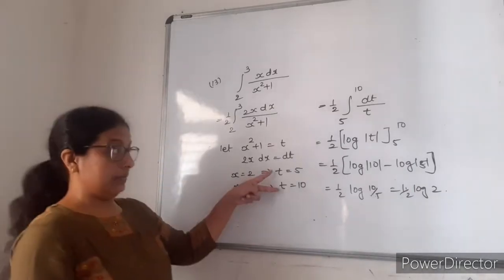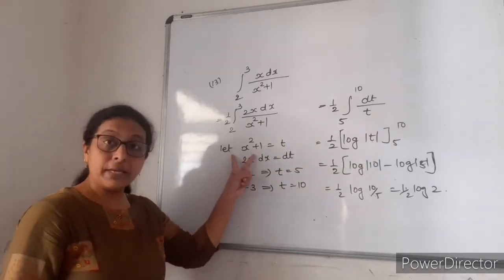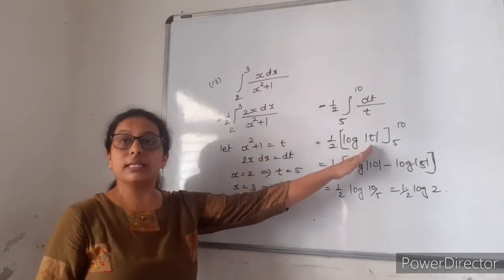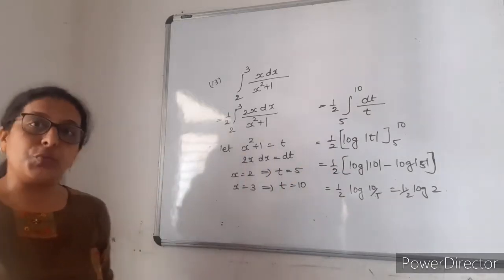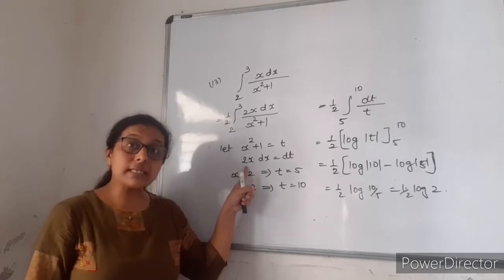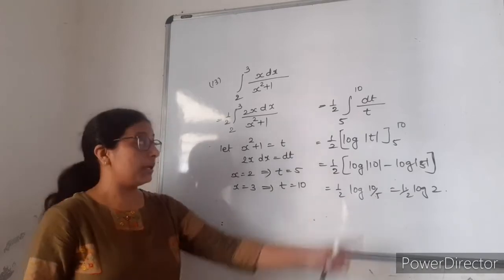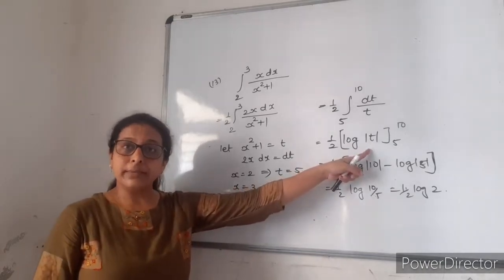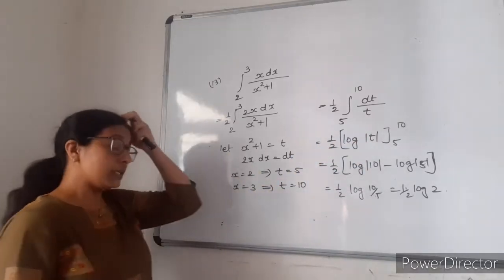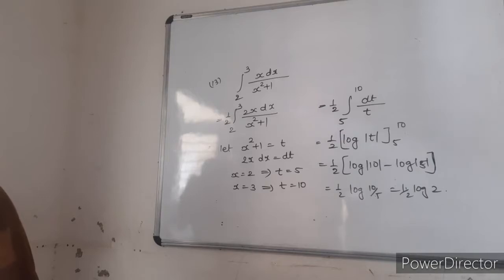So if you change the limit, don't replace the value of t with the original value. If you don't change the limit, it is 2 to 3 only, then you have to first write the original x square plus 1 and then apply the limit. So both ways you can do it, right? But whenever I substitute t for x square plus 1, I will change the limit. That is the easy way, because sometimes we forget to replace and directly apply the limit, then it will be wrong. Understood? Yes. So this is question number 13. Now we'll go ahead with question number 14.